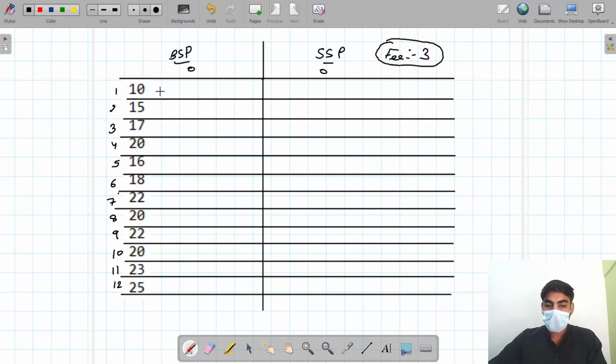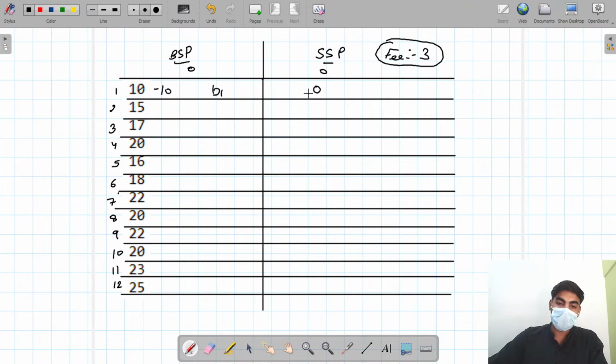Firstly, I am buying my first stock. Here you can see I have 20 rupees. If we buy this one, I take a 10 rupee loan from somewhere else, because I don't have any money for buying a stock and it's mandatory to buy a stock. So I buy first and take a 10 rupee loan. I am buying one and taking a 10 rupee loan.